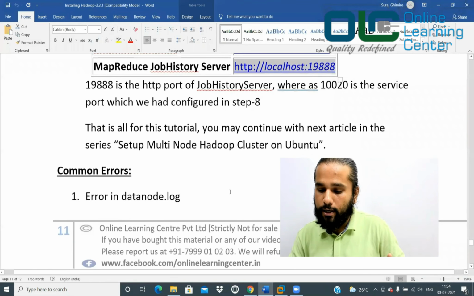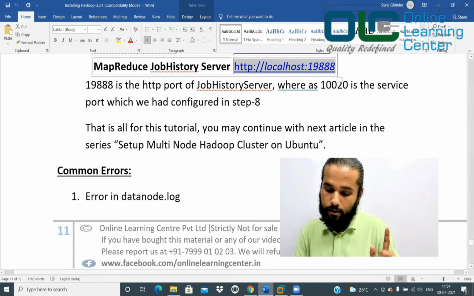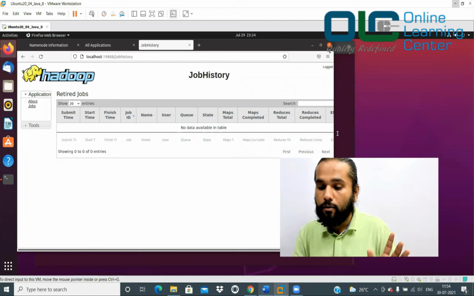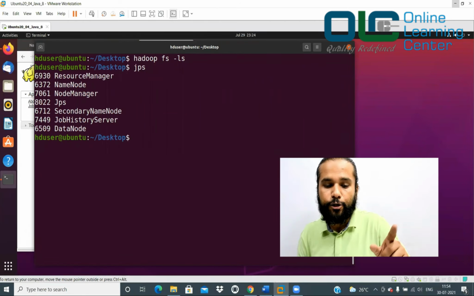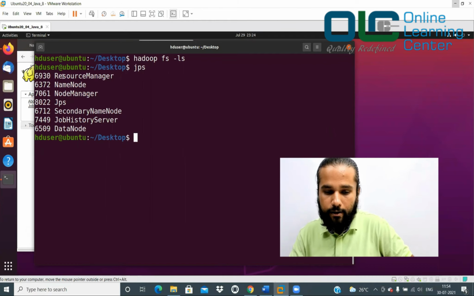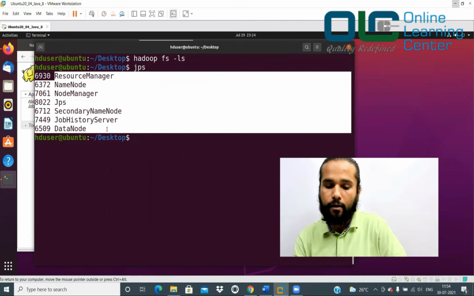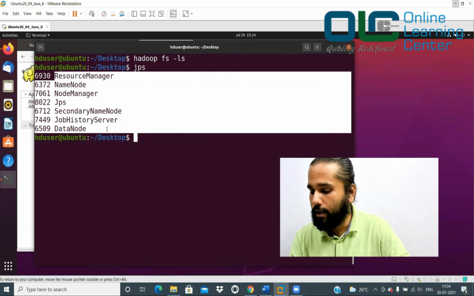Now I would like to talk about a few problems you may face. Number one, you might have messed up your XML file. If you mess up your XML file, the moment you try to start your Hadoop and say jps, you will not see all these 5 up and running. I'm not talking about the history server here, but apart from that, you will see one or other thing is missing. Maybe your name node is not running, or maybe your data node is down, or whatever.